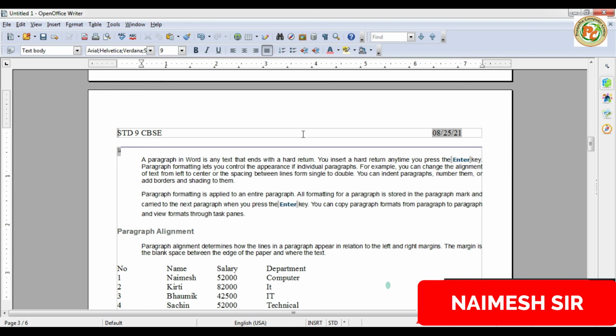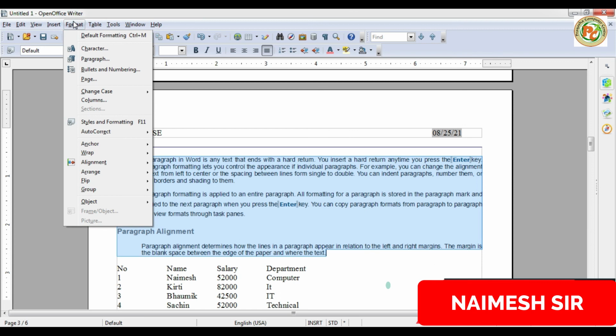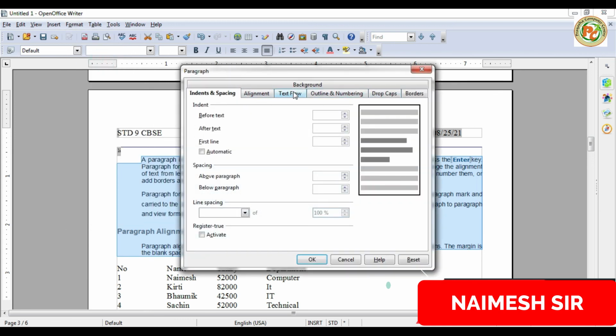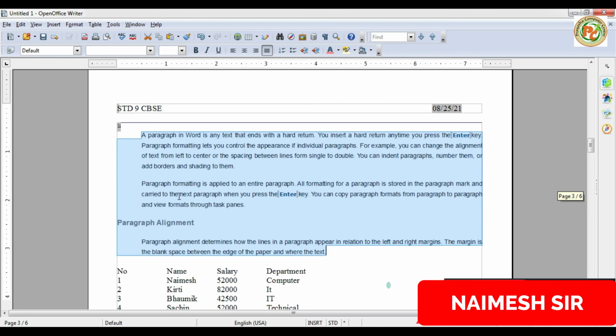Now next we are going to learn line spacing. We can apply line spacing between two or more lines. To do so we will click on Format, and from Format we have the indent settings, bullets and numbering, and alignment. From the paragraph and indent settings, here are the indents. Before text, after text, first line, last line, and line spacing. We want 1.5, right? So click here, and you can see line spacing is increased automatically. So this way we can increase the line spacing also.